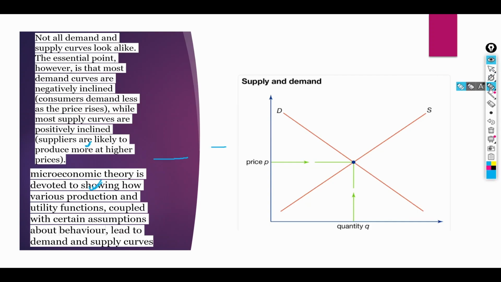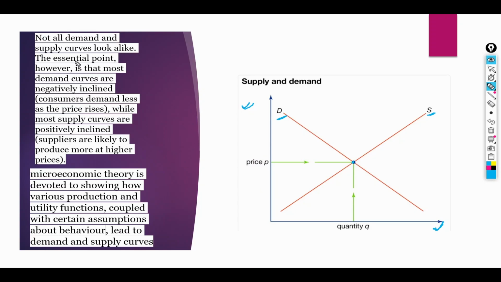Now, many times you have heard and seen this supply and demand curve. What is it? On the x-axis we have taken the quantity Q, and on the y-axis we have taken the price. One graph is of supply, and there is a graph of demand. At one point these two are meeting. I'm not going deep into the mathematics of this, like how the slope varies, what a negative slope and positive slope are. We try to understand, in layman's terms, demand and supply and how it works.